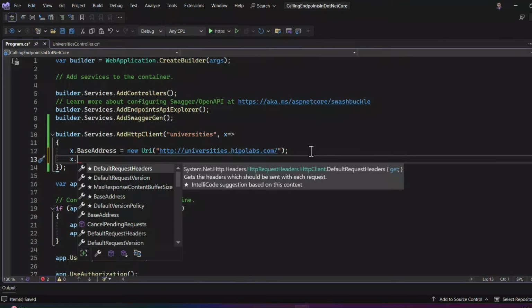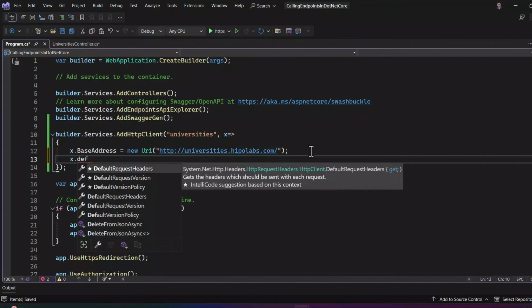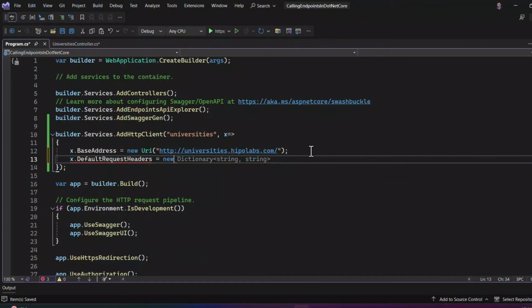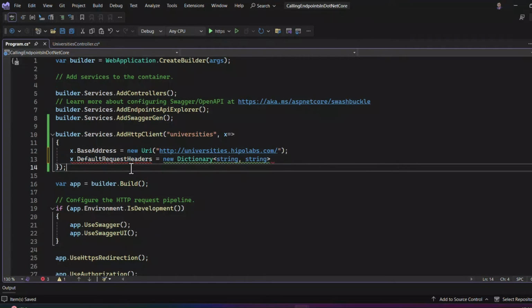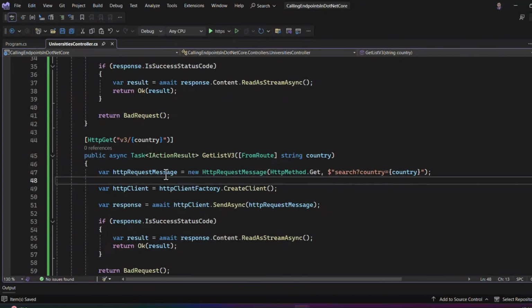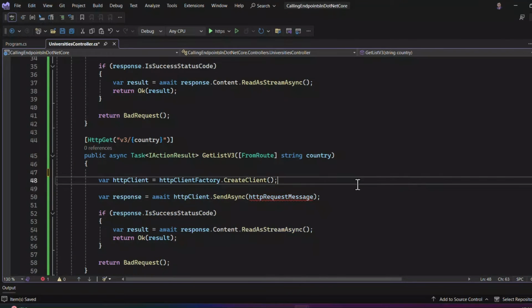Using this x dot default request headers, and over here you will use this dictionary, and in this dictionary basically you will set all your default headers. But the request that I'm using right now does not require any kind of header, so I will not use this one. And now what I can do, I can basically remove this entire thing like this, and over here I just have to provide the name of my